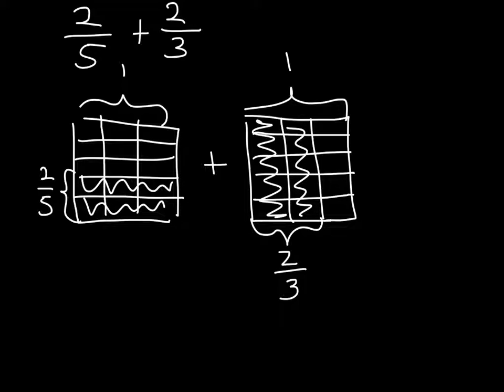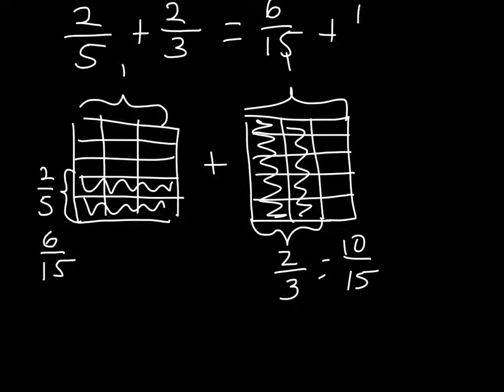If we look at 2/5, we can count and see that we have 6 parts shaded in. So 2/5 equals 6/15. And if we look to the right at 2/3, we see that we have 1, 2, 3, 4, 5, 6, 7, 8, 9, 10 equal parts shaded in. So that's 10/15. And we add 6/15 plus 10/15, and we're actually going to have